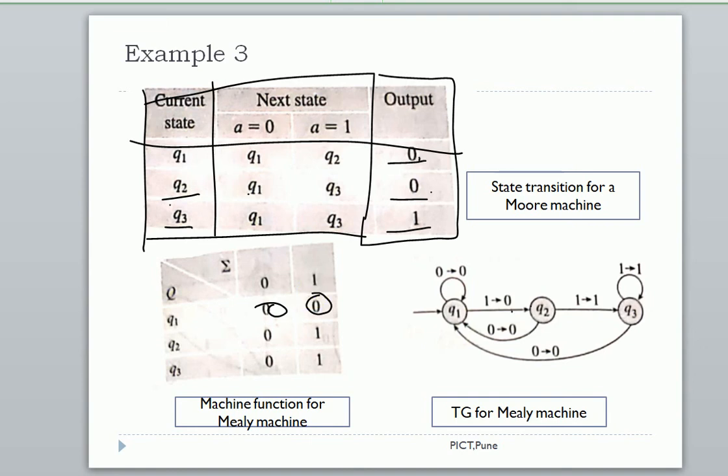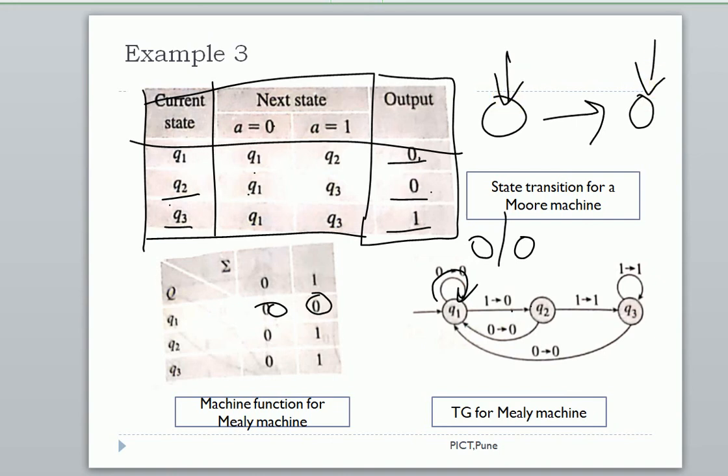Okay. This is another way to write. Earlier we have written Q0 on reading A goes to Q1. So Q0 on 1 it goes to itself, and how to write it? I have written output associated is Z. Earlier I was writing like this. Another way to represent is 0 and 0. After reading input, what is the output? This is another way to do the representation. I hope you understood. Okay.